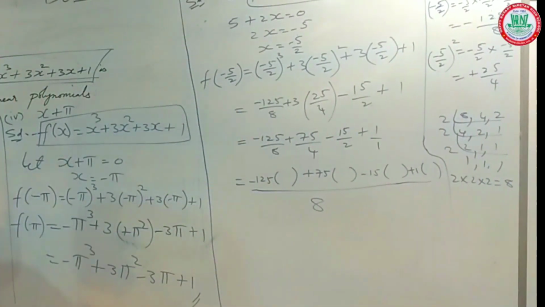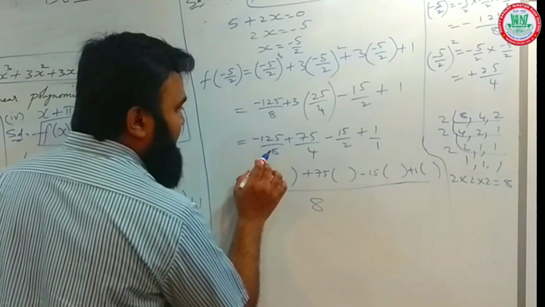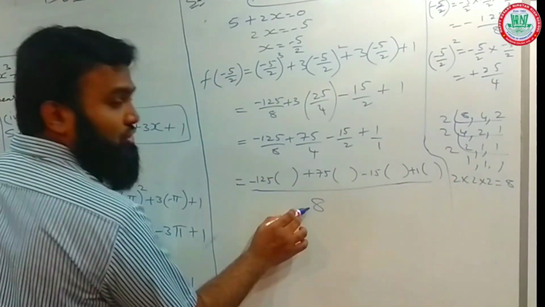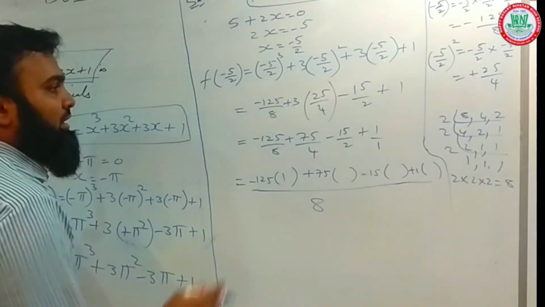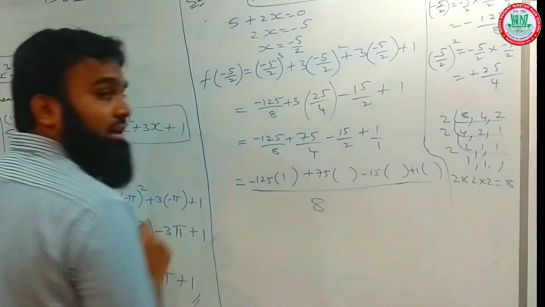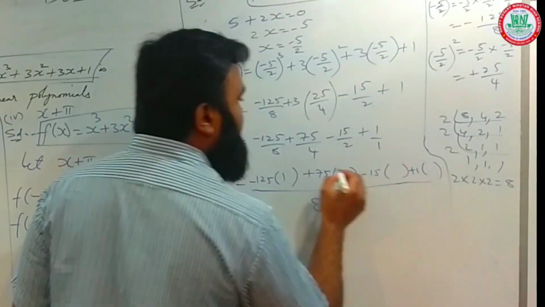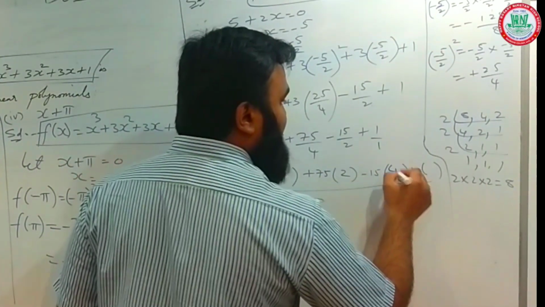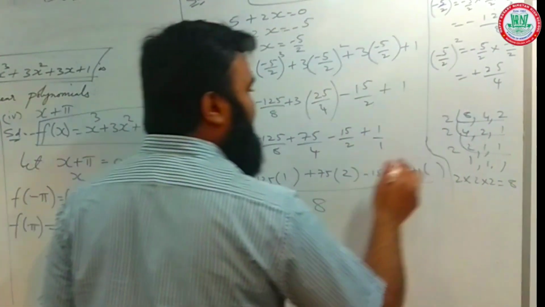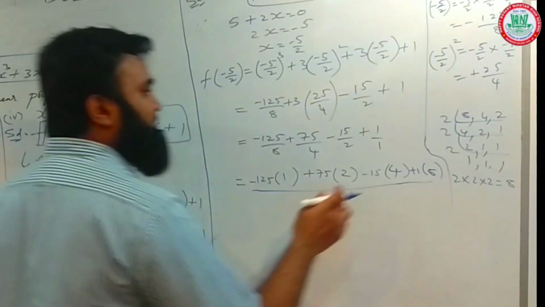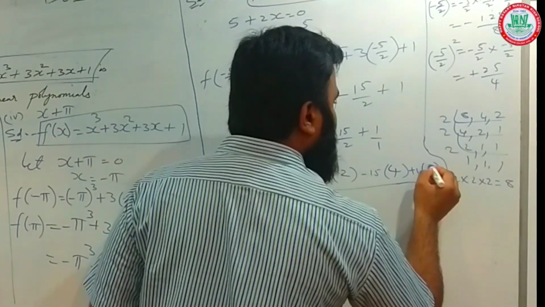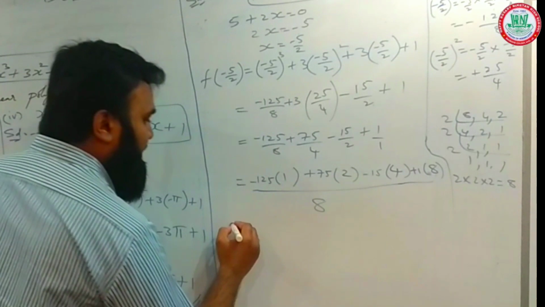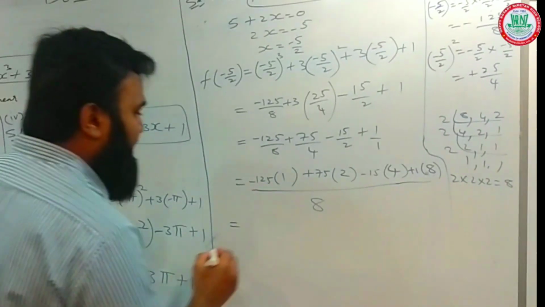Okay. Now we have to see here in the denominator 8 is there, here also 8. 8 divided by 8, 1. Here in the denominator 4 is there, here 8, 4 divided by 8, 2. Here denominator 2, here 8. 2 divided by 8, 2 4s are 8, we will get 4. Here 1, 1 divided by 8, we will get 8. Okay. Any doubt here? Is it clear? Now 8 as it is